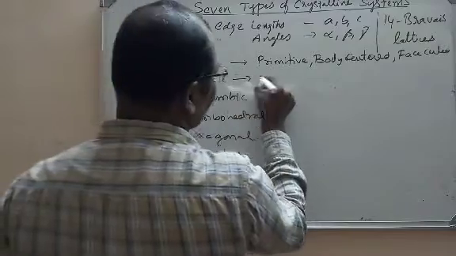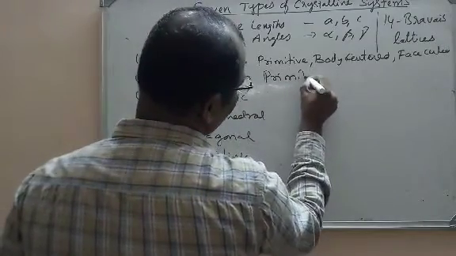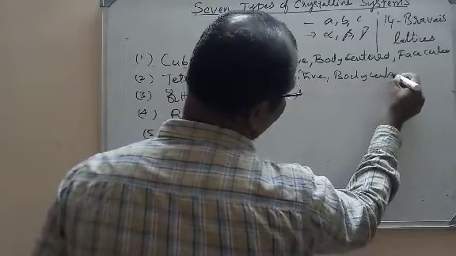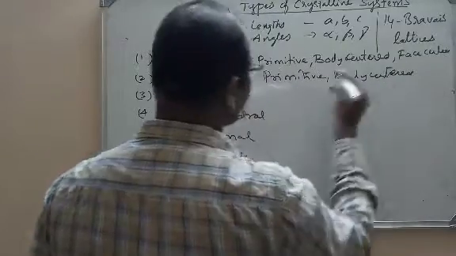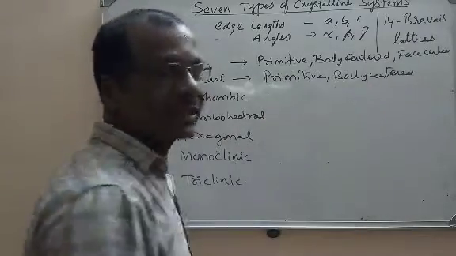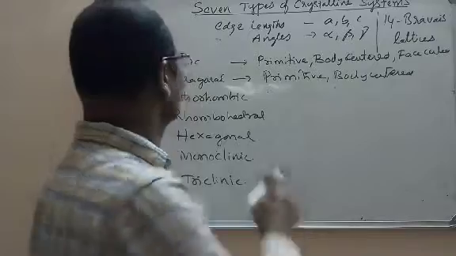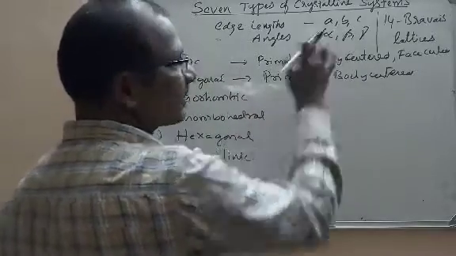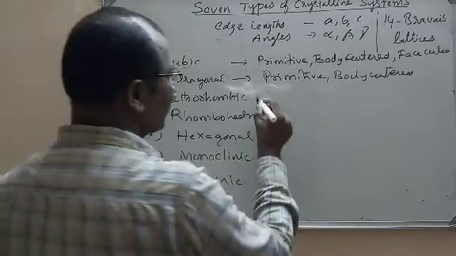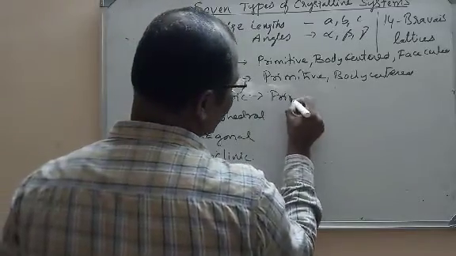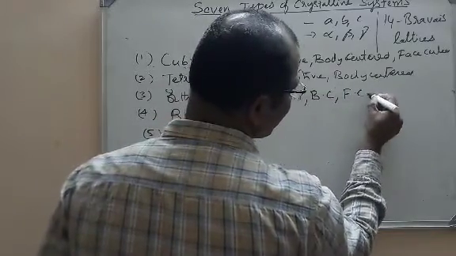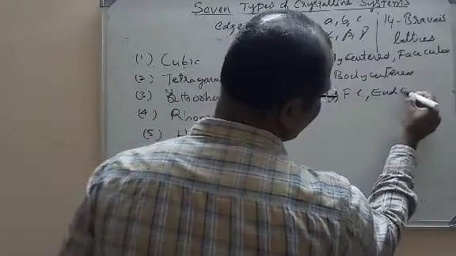If you take tetragonal, it is primitive and body centered. That means tetragonal will be of two types again, primitive and body centered. Primitive, body centered, face centered, these are all based on the points arrangement. But cubic and tetragonal are based on the angles. I will explain. First I will give you a basic idea. If you take orthorhombic, that will again be four types: primitive, body centered, face centered and end centered also.